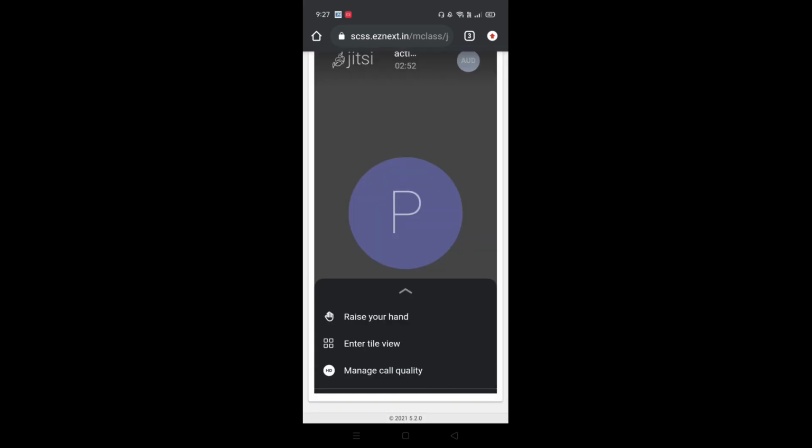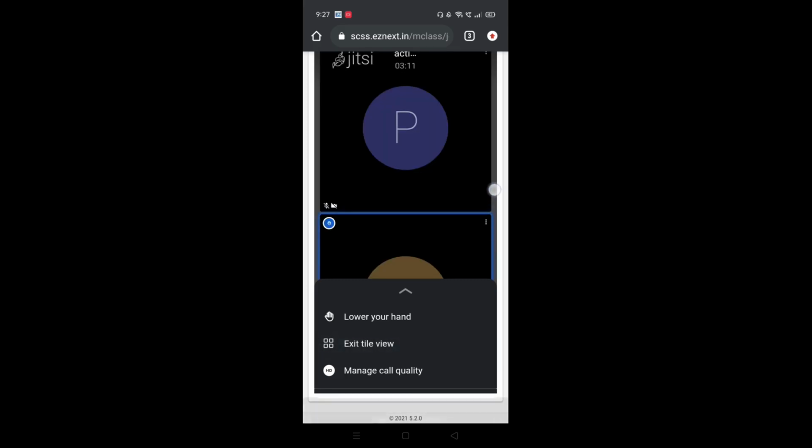Now if you have any questions in between the class, you can just click on these three little dots on the right hand side, and you will see the first option, that is raise your hand. As soon as you press this button, a message will go to the teacher's portal that you want to ask something. So it will be better that you use this option for asking questions from the teacher, so that there is no unnecessary voice or disruption and the class goes on smoothly and without any hassle during its period.